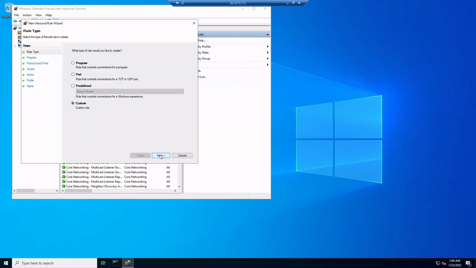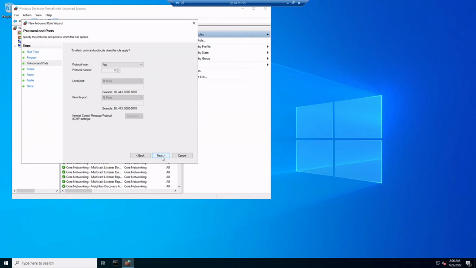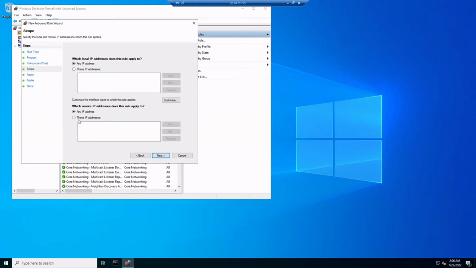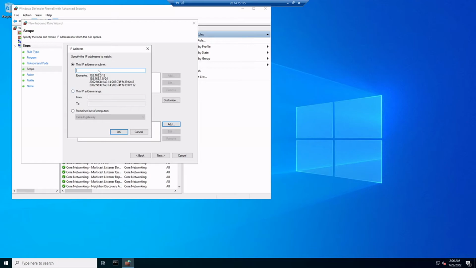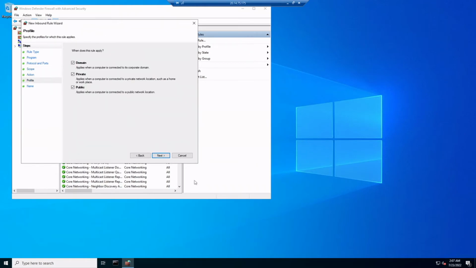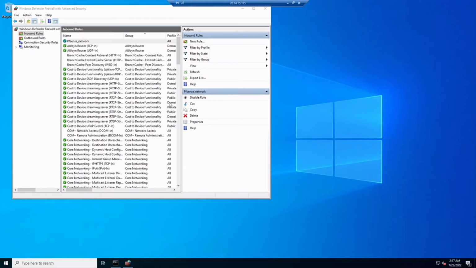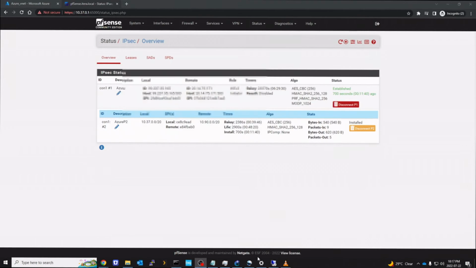I'm going to create custom, all programs, any. And in the remote section, I'm going to add 10.37.0.0/20. I'm going to click next, allow for all profiles, and I'm going to call it PFsense_network. Finish. And if I minimize the session and try to ping it again,